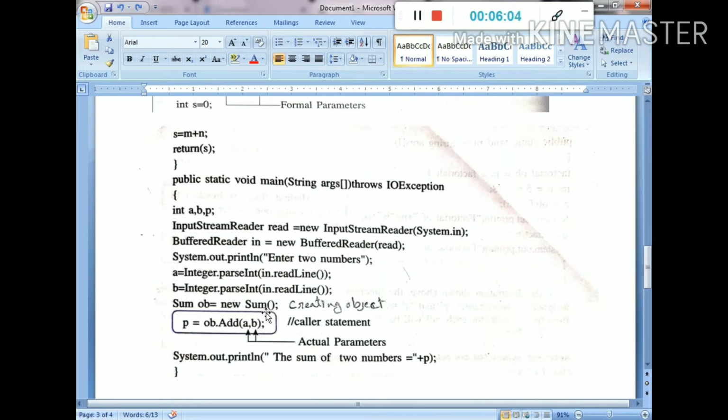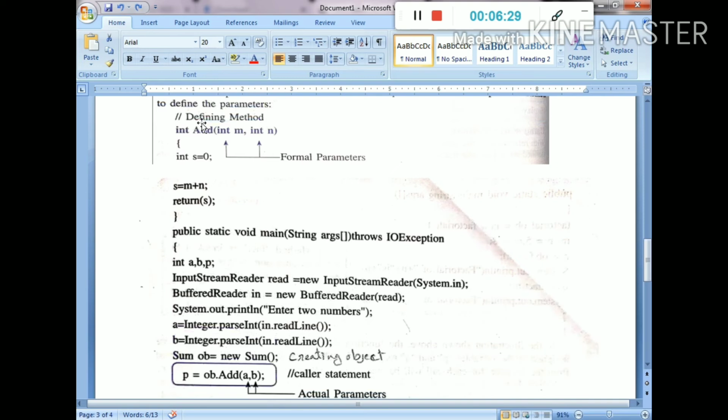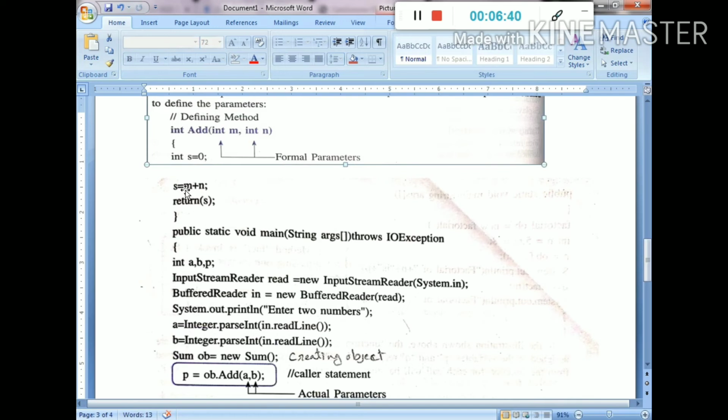Similarly, here we use the function as p equals ob.add, and I pass a and b. In that case a and b are the actual parameters. We accept two numbers a and b, which store the original values, and when we pass them, a is stored into m and b acts as int n. Here s equals a plus b, and finally we return the value of s.